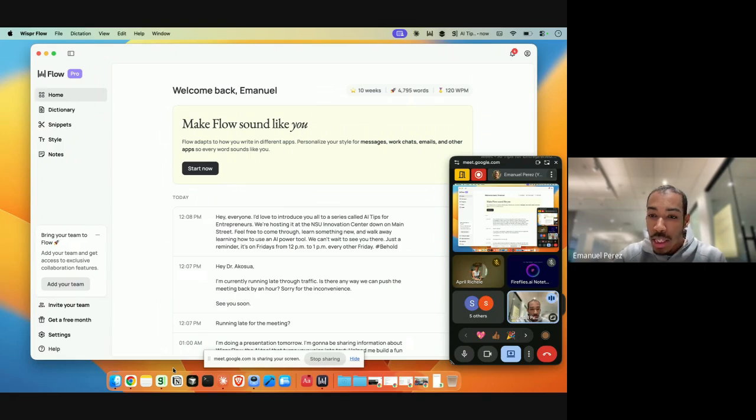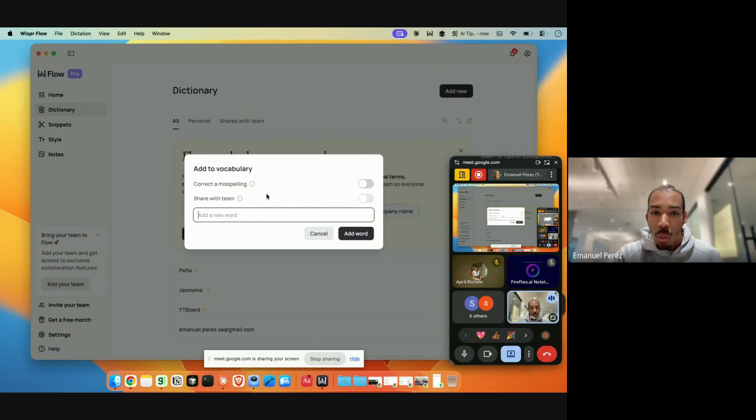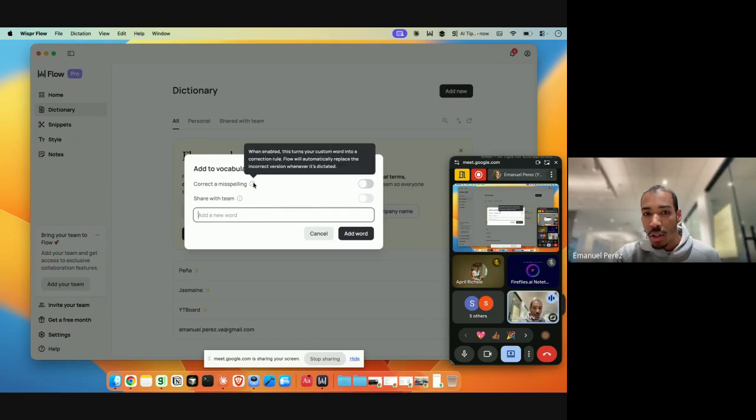Yeah. So April, I think that's a great point. And one thing that Whisper Flow does well, because I go through the same thing too with voice mode, you can add words to your personal dictionary. So right now I have the Whisper Flow app installed. So if there are words that AI commonly mistranscribes, you can add a word and also create a misspelling to correct a misspelling here too.